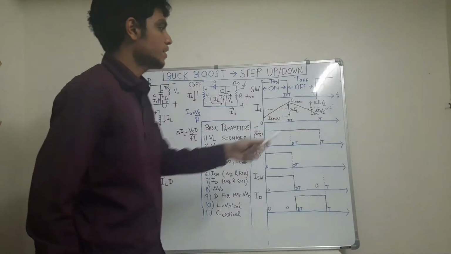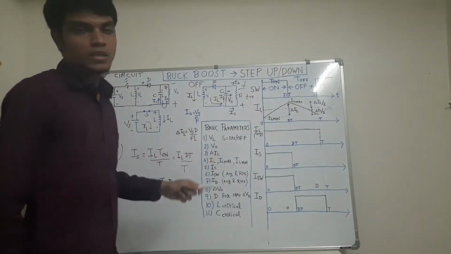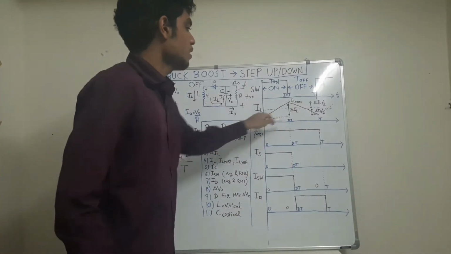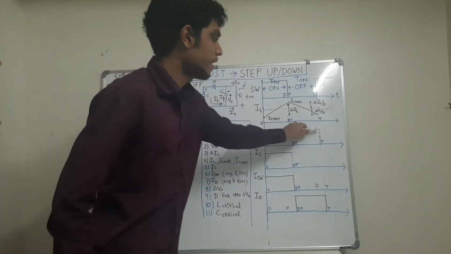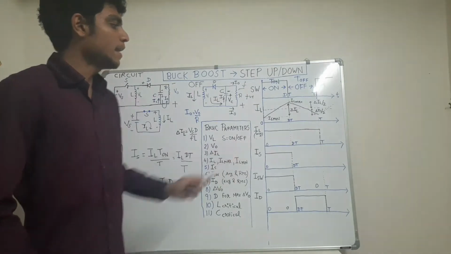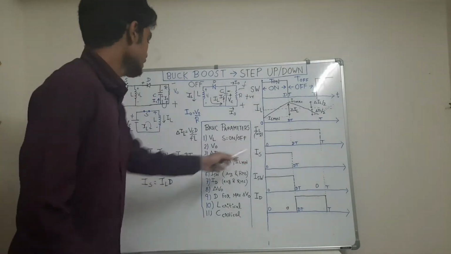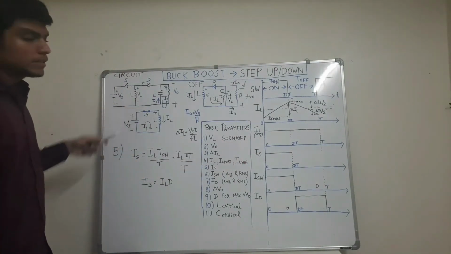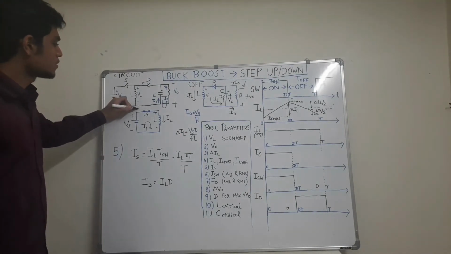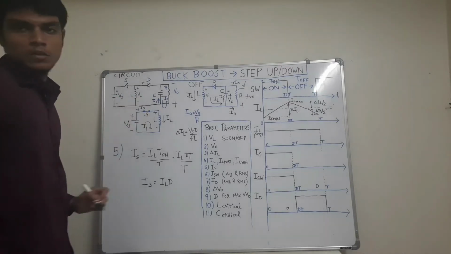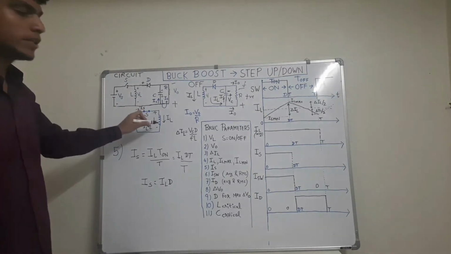Therefore for a very large inductor, del IL will be 0. So the waveform will be simplified to the simple dotted average value that I have drawn here, that is IL average. Whenever the switch is closed, at that time this is the IS